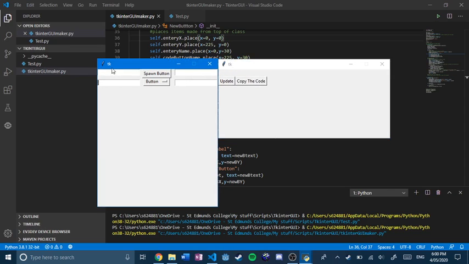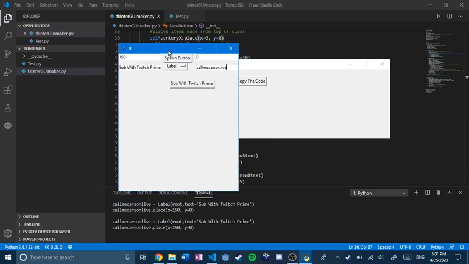I'll just show you one more use again. We'll go 0, 0, no, you know what, let's go 150. We'll spawn in a label, and that label will say, let's say, I don't know, subwith switch prime, and we'll set this to call me Carson Live, don't know why. We'll spawn this in, and that's a bit too far. That should be 125, shouldn't it? Yeah, we need to change that, but anyway, we'll set the button